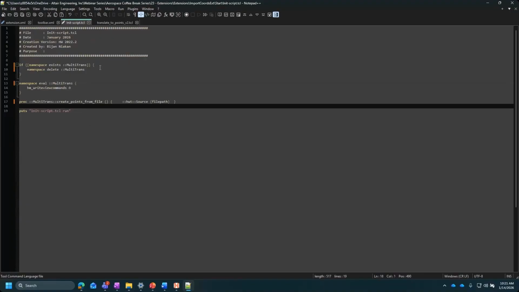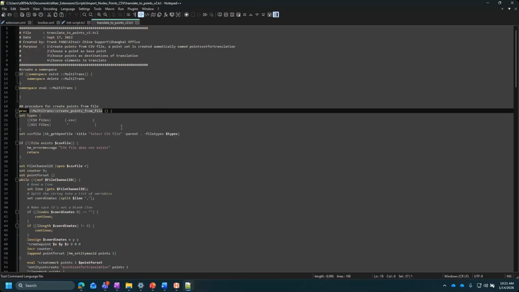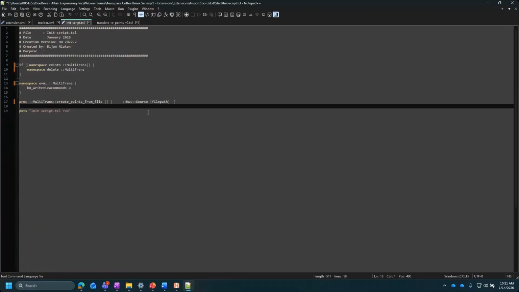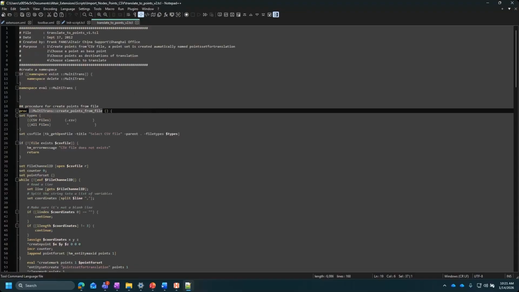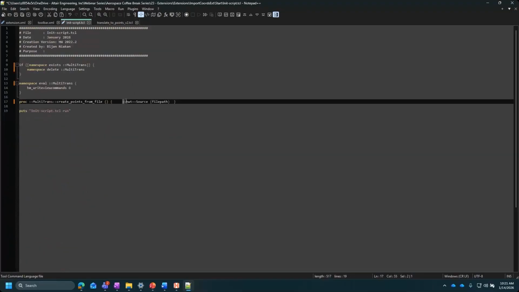Okay, so now I'm invoking that procedure from my script, but now I just need to tell the initiation script where this procedure is, right? Because it doesn't know where this script is. So that's what we can use this HWT source file path for.